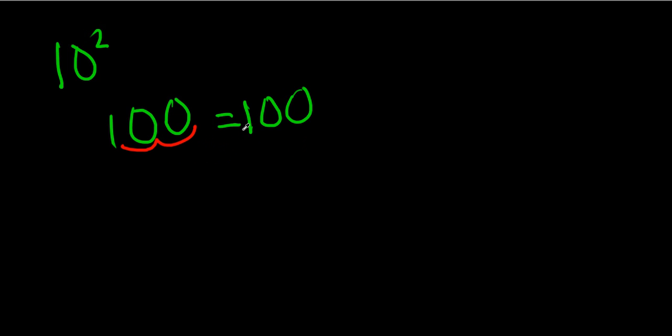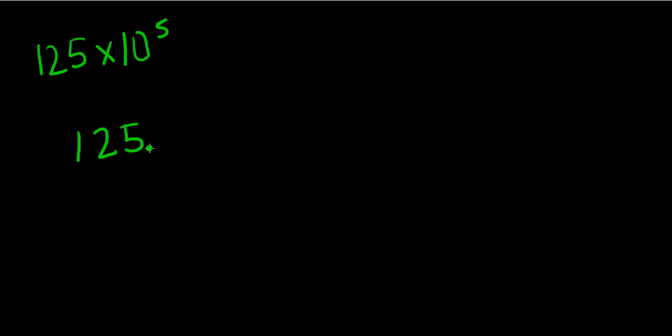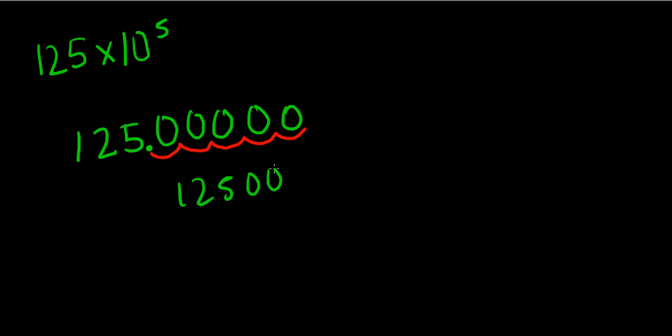Now let's look at multiplying by powers of 10. If the exponent is a positive integer, move the decimal point to the right. So let's say we have 125 times 10 to the 5th. So let's write 125 again. The decimal right now is at the end of the 5. So now we want to move 5 spaces to the right because it's a positive integer. So 1, 2, 3, 4, 5. And that's how many zeros you should add onto the number. And now the decimal place would be at the end of all those numbers. So your new number would be